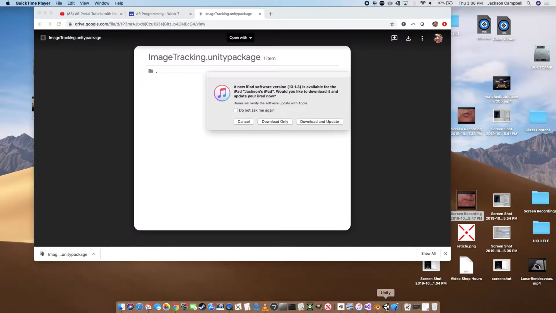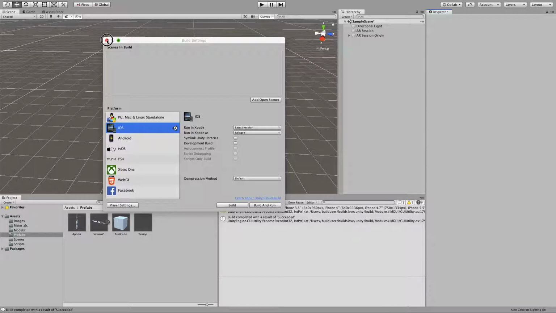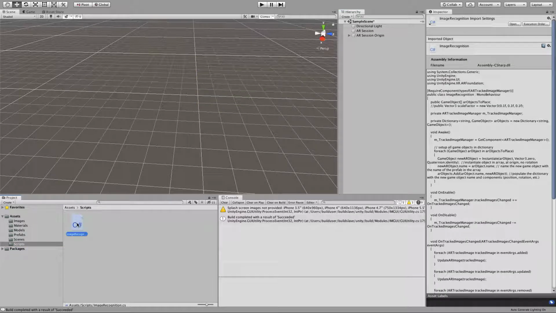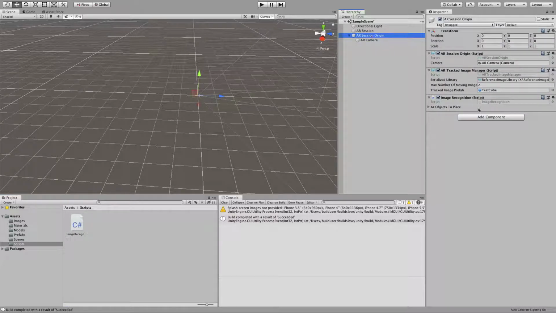So go into your AR session and go to your scripts folder, and there's this image recognition script. Drag that into your AR session origin object. And then here, open the